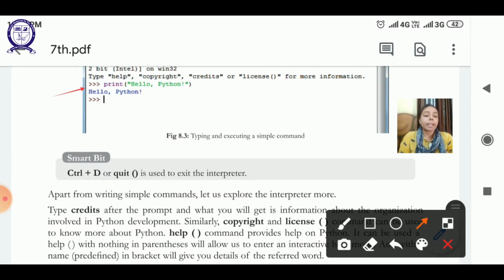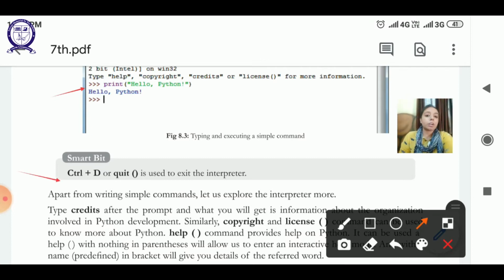So if you write any string, a collection of characters, HELLO, then comma, then PYTHON, these are the characters, and a collection of characters is known as a string in Python, which is enclosed in single or double quotes. So the string in the print function will always be displayed as it is, as you have given in the print function.